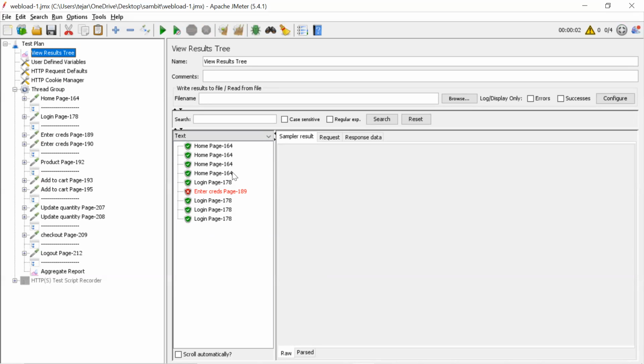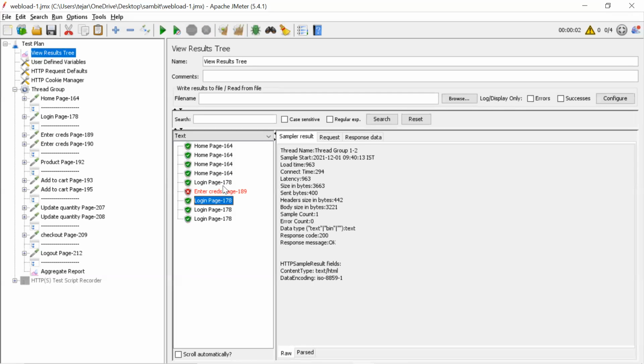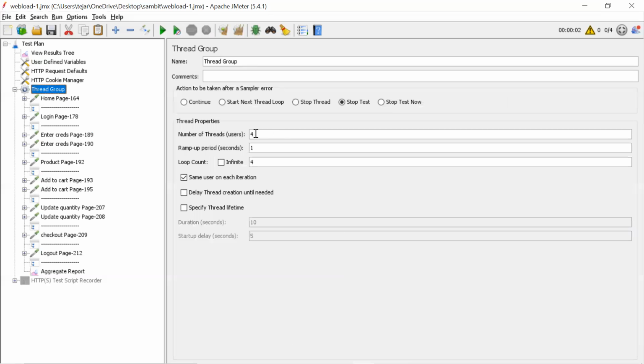So generally the home page will start for all 4 users. And again, all users will start the second request. Now the third request is triggered by the first user and he got the error, so it will stop the whole test. They didn't even go to the other users as well. Okay, so this is important. There's no point in running when there is a failed transaction, so at that time we'll use this option.